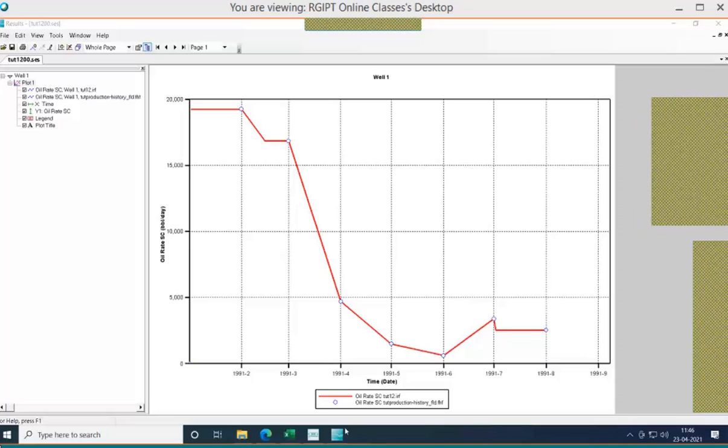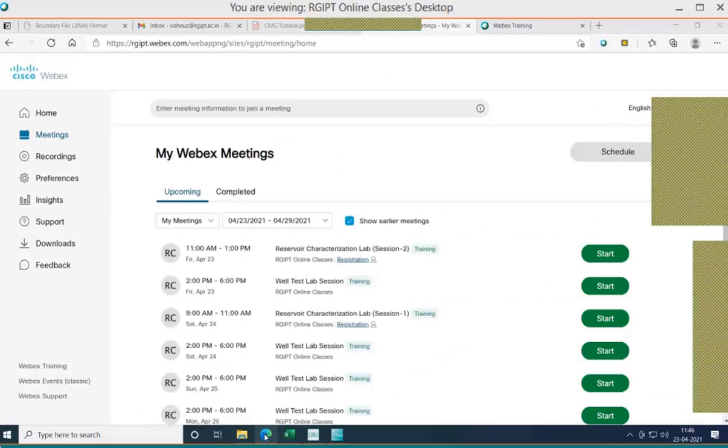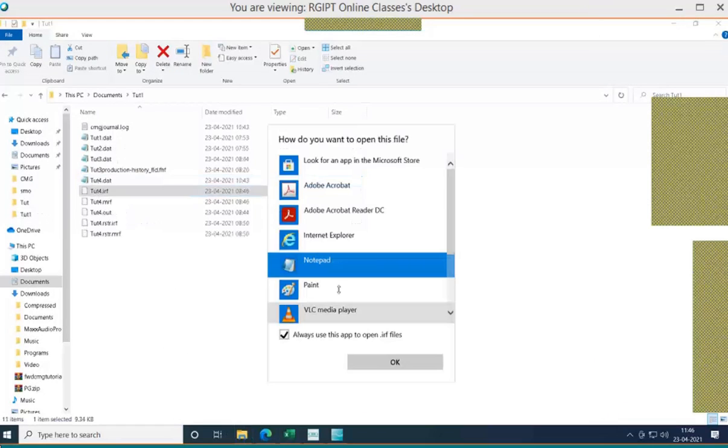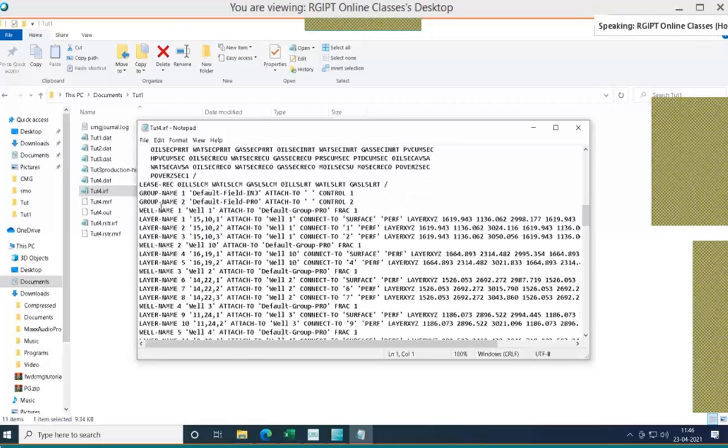Actually, in IRF file, let me check, open it in. In IRF file, you can have all these details. Each and every layer, production history, all these details can be found in IRF file.